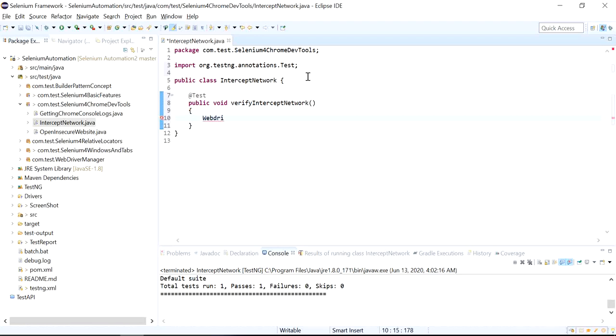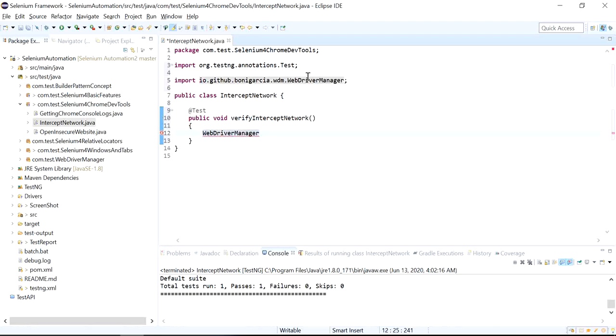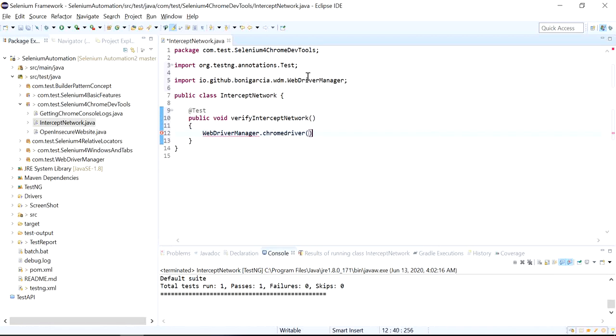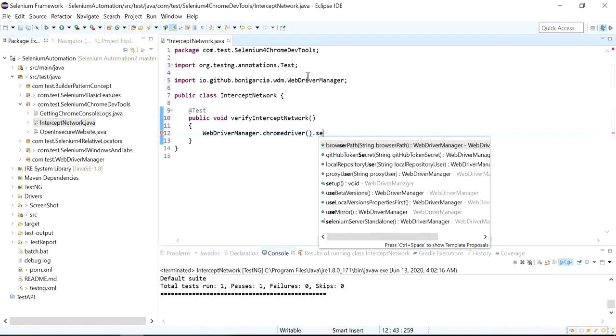I am using WebDriverManager dot chromedriver dot setup,